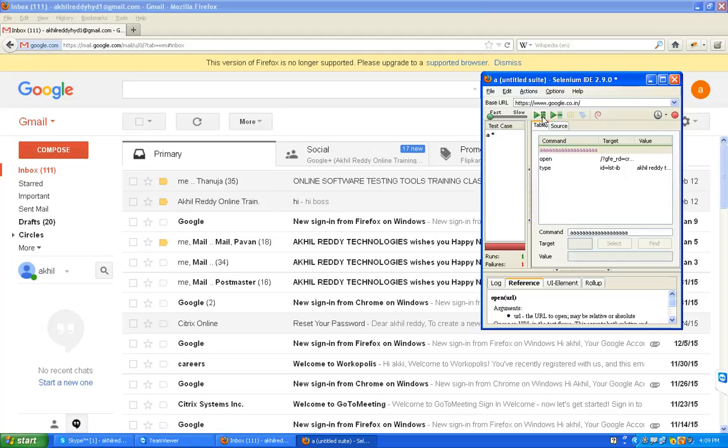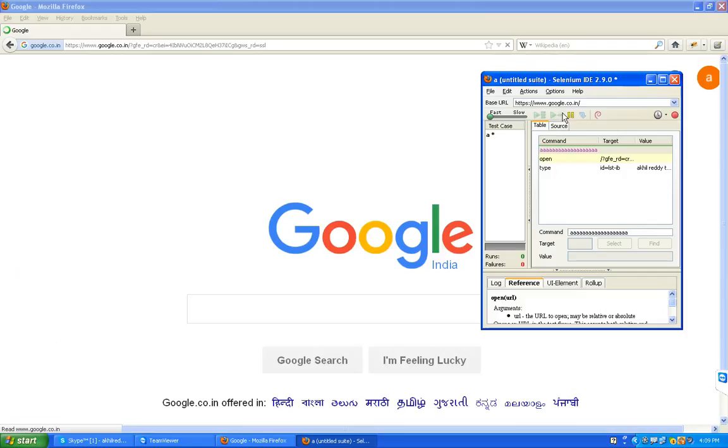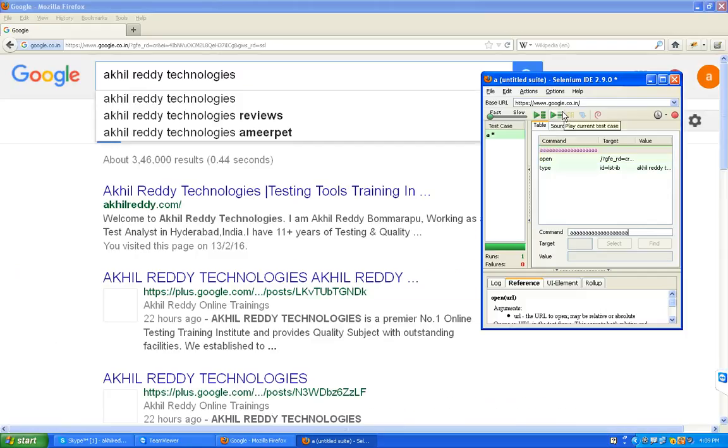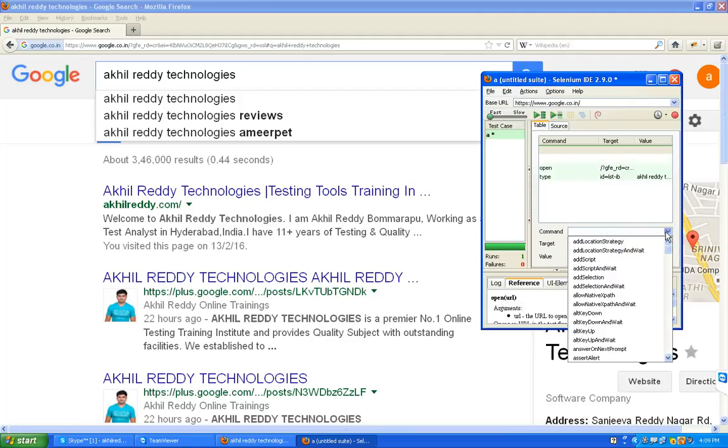Okay, if you keep the comment, it will not run. Now Edit, insert new command. Here we can get a number of commands.